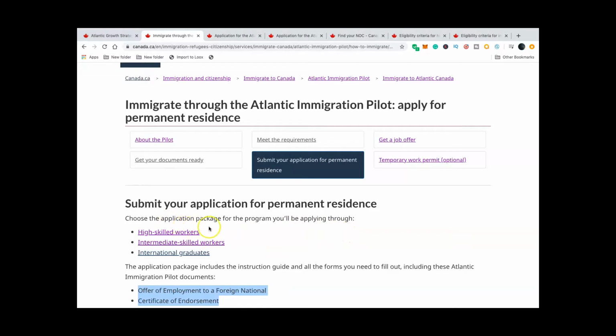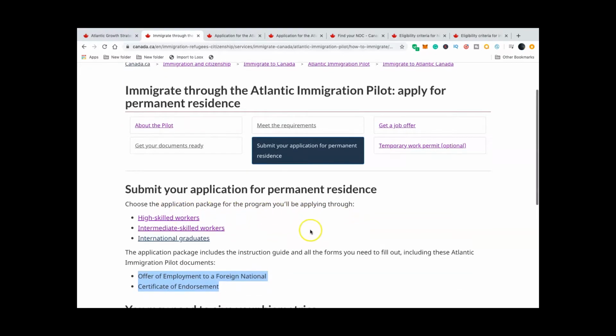It says choose the application package for the program you'll be applying through. So there is high-skilled workers, there is intermediate-skilled workers, and then there is international graduates. When I came to Canada, I came as an international student, but this is international graduates. But ignore that. Let us focus on these two right here. Because it's all related to work and permanent residency and skill, this is the area we're going to talk